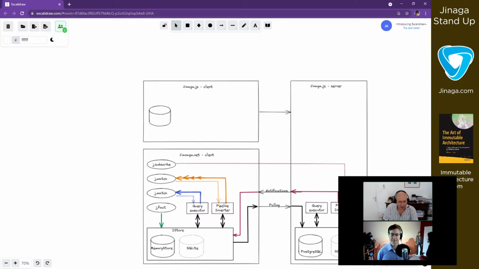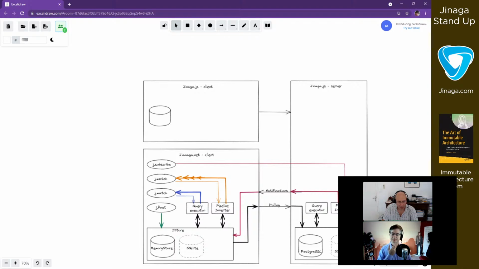Is there already a Microsoft SQL Server database? Not yet, I think. No, there is not. That's why I did it dotted. But that's something you would want to have as well, if I understand well. Yes. And is there also a memory store? No, not in the server.